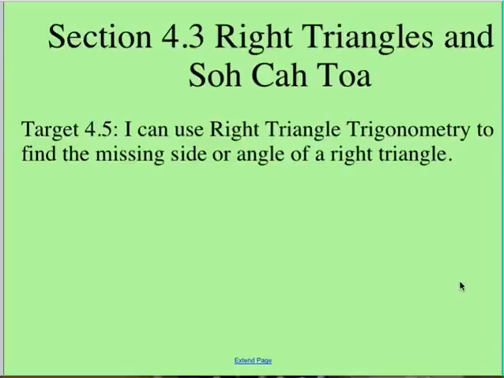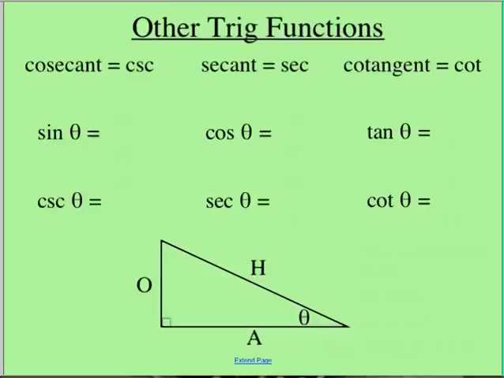This video is going to cover a part of section 4.3 regarding right triangles and using right triangle trigonometry. More specifically, this video is going to cover the three other trig functions that exist. The three other trig functions are called cosecant, denoted by CSC, secant, abbreviated SEC, and